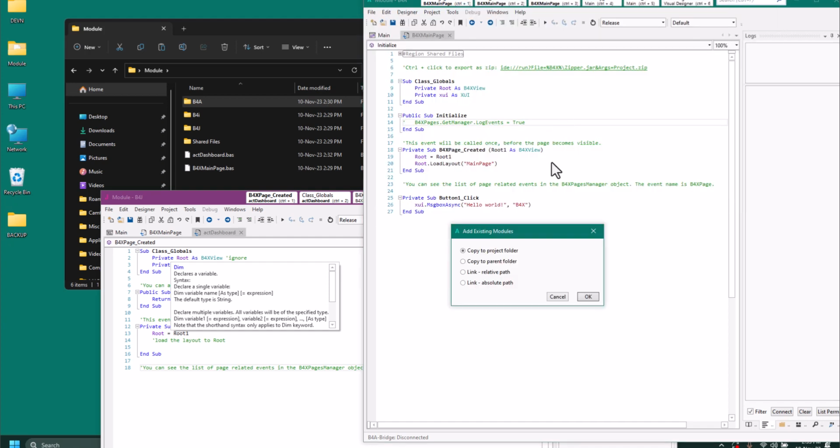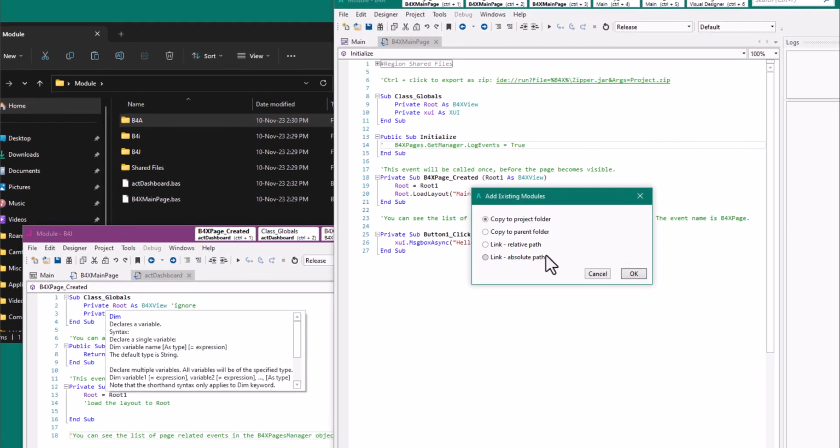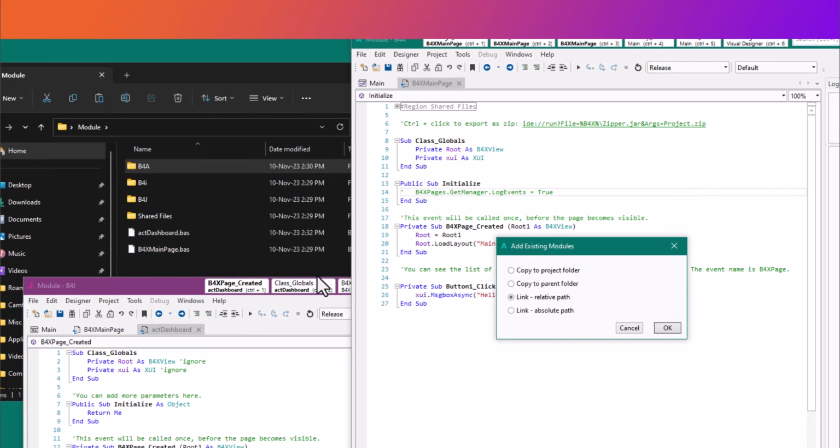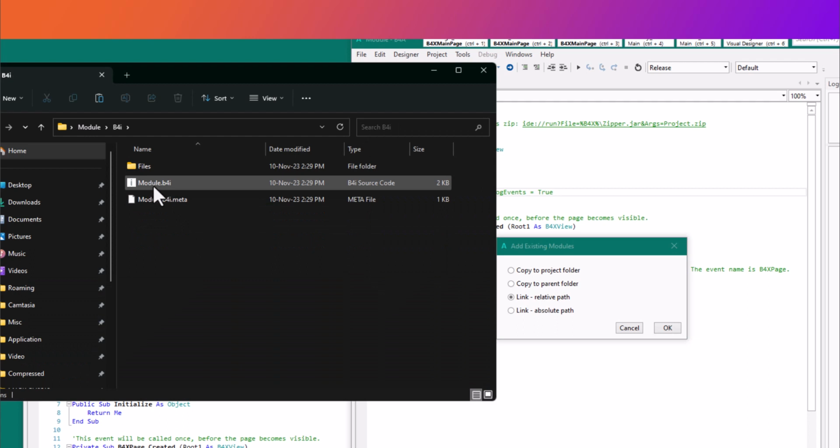We click, and then we have this dialog, which is also very important. If we want this dashboard model to be shared across the platforms, we have to link the B4J one to that same thing, B4A to this file, B4J also to this file, and also the B4I will also link it there.